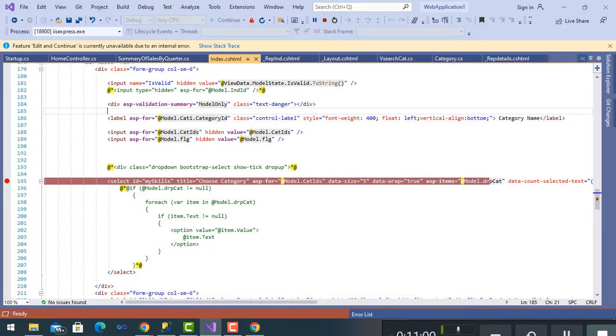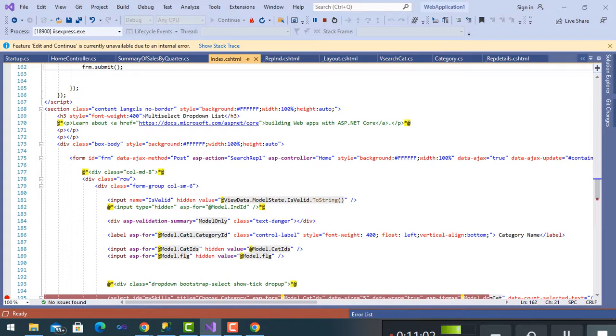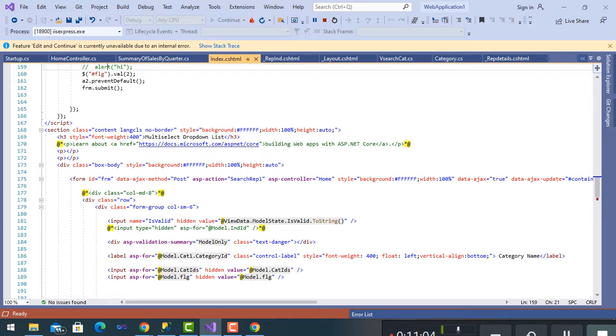As it loads the index here, when posting by submit to display the data table, it will go to action search rep 1 in controller home, and